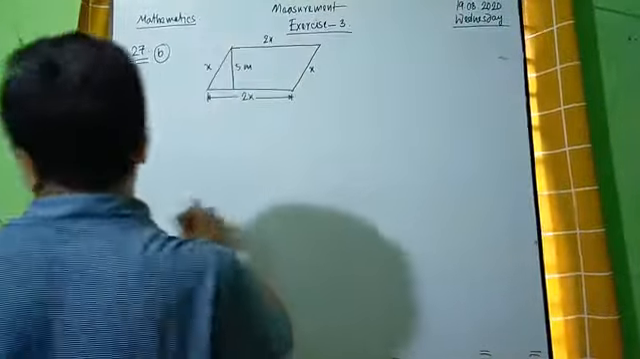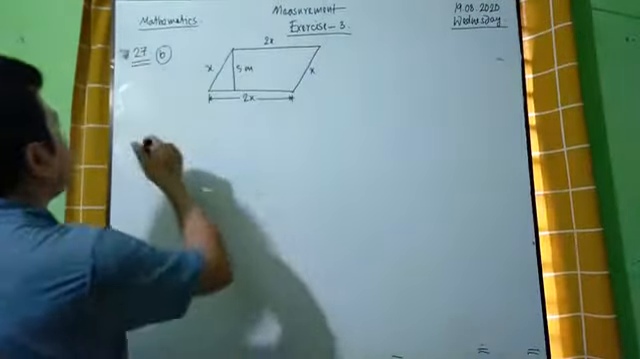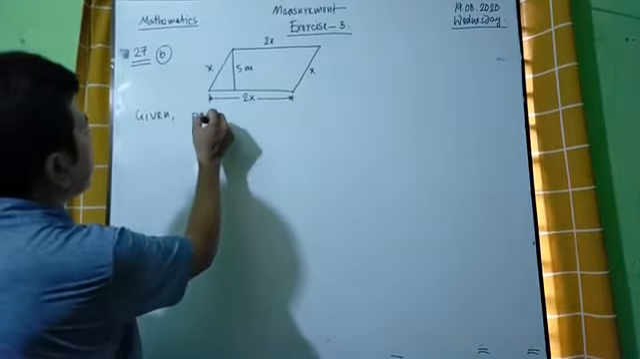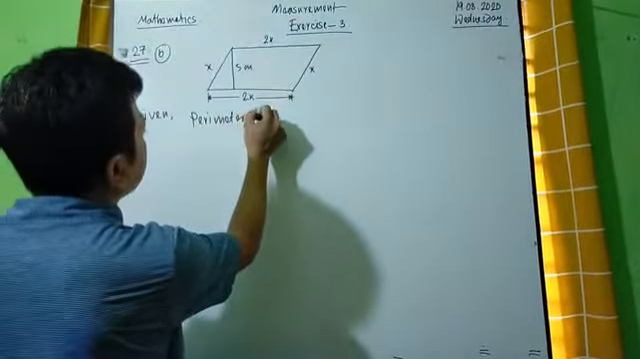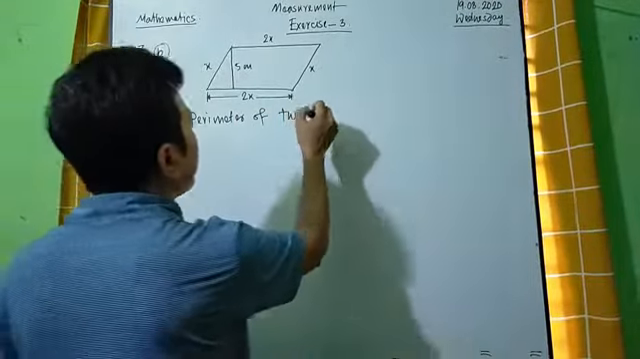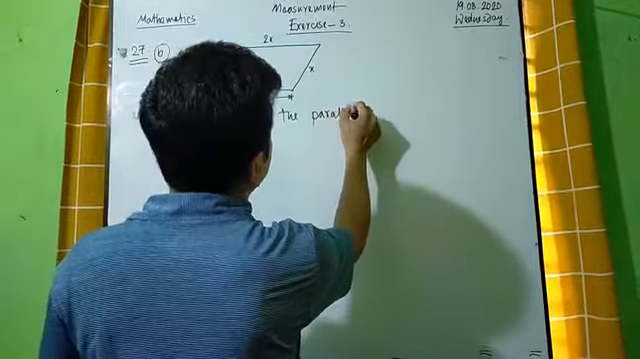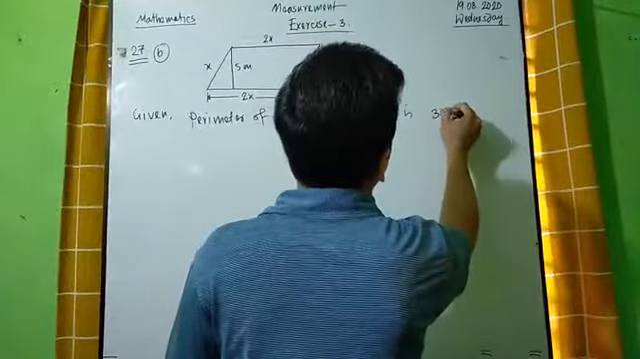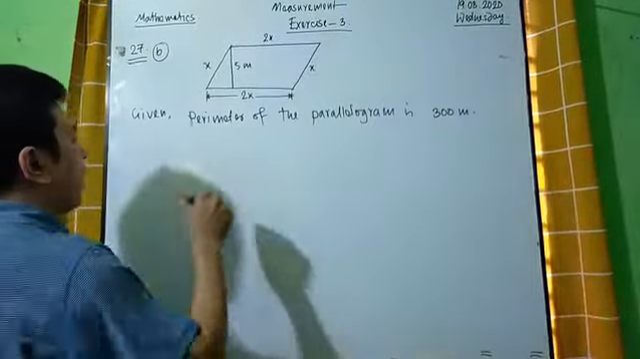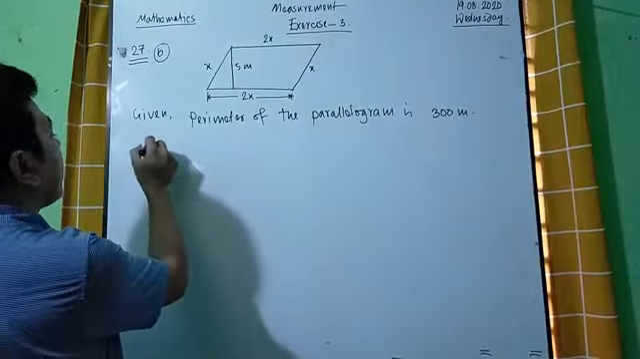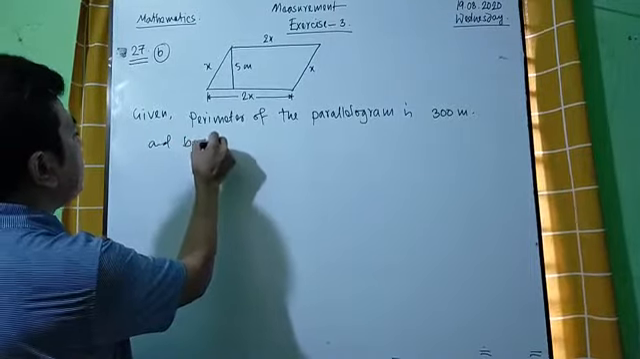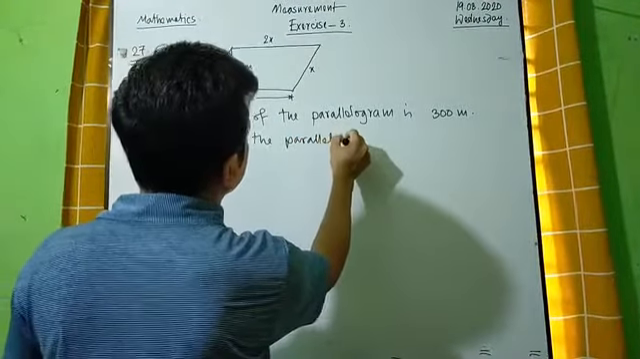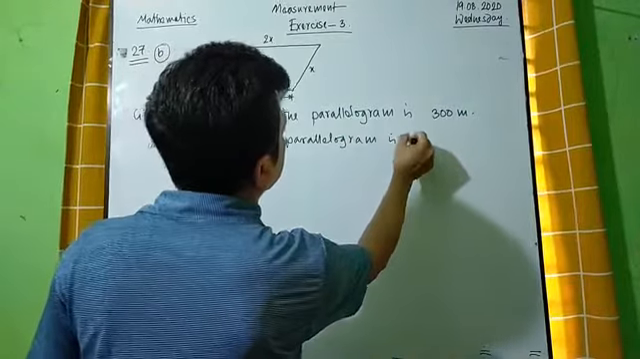Okay, so we have to find the area of the parallelogram. So first we can write given: perimeter of the parallelogram is 300 meter, and base of the parallelogram is equal to 2x meter,